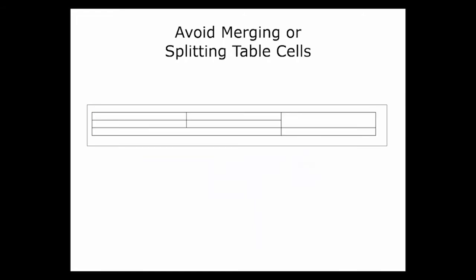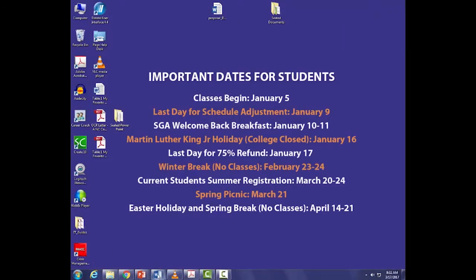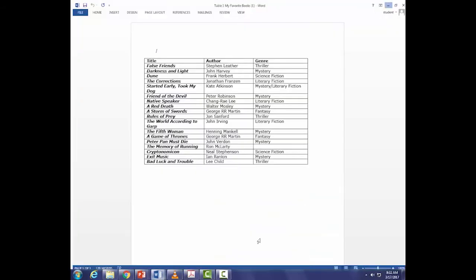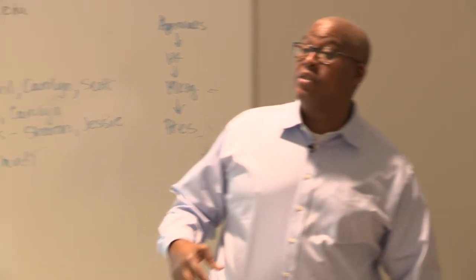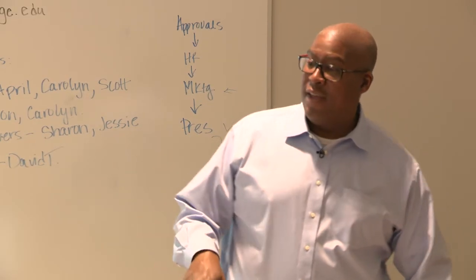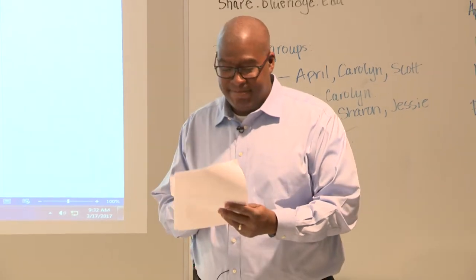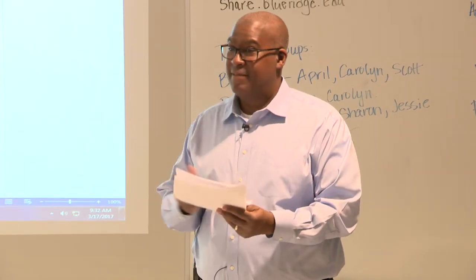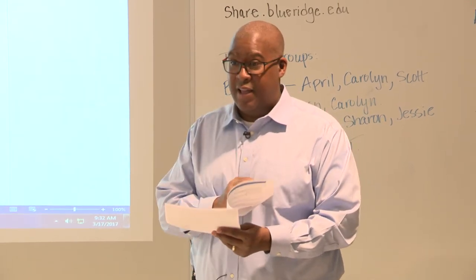I'm going to show you some table things, and I'm going to go over one of my pet peeves. I made this table for you called My Favorite Books. I've got title, author, and genre. Has this happened to anybody? This bothers me, and I'm aware this is a first world problem, okay? You're looking at a table and you don't know the data you're supposed to be looking at, right?